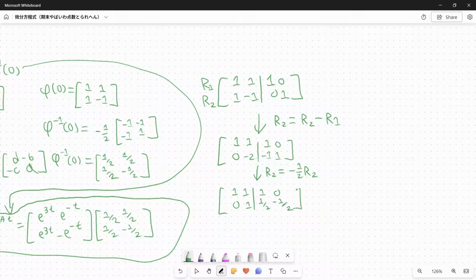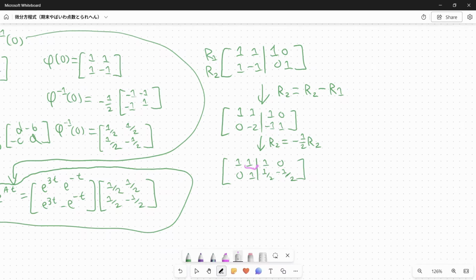And we're almost there. We almost have our two pivot columns on the left side here. So all we have to do is get rid of this one. In order to do that, we just have to do one more pass of a row reduction and say that R sub 1 is going to be equal to R sub 1 minus R sub 2. And that's going to give us a final row reduced matrix of 1, 1, 1/2, -1/2, and then 0, 1/2,